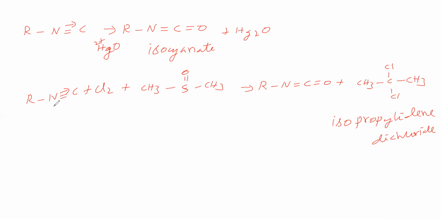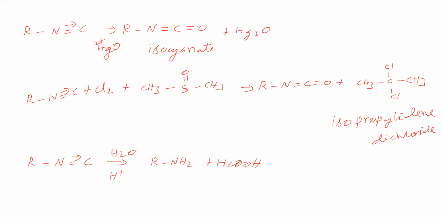So isocyanide on oxidation gives isocyanate. The oxidizing agent is mercuric oxide. Another one is chlorine plus dimethyl sulfoxide. Then we will see hydrolysis. Now we will take isocyanide. It is undergoing hydrolysis in the presence of acid to give RNH2 and formic acid,